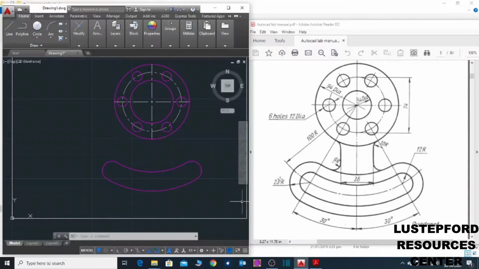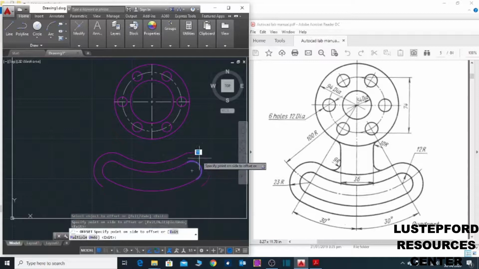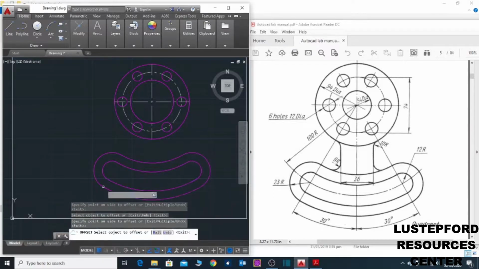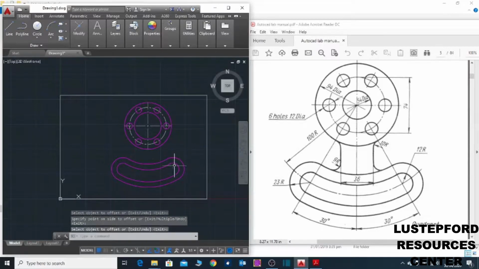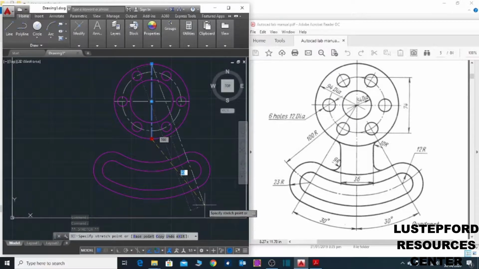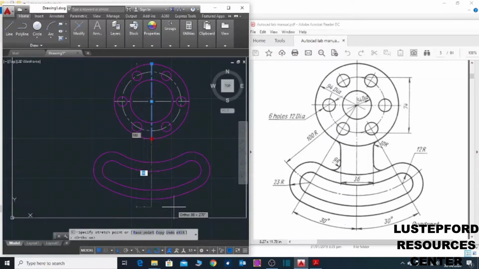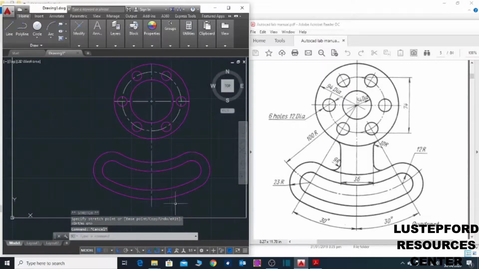offset. AutoCAD has put in the expression minus 12. So select offset. The offset distance is 11. Offset. So I've created that one. What I'll do next is drag this thing down. See, the auto is not on, so I'll click F8 to make it on. So it's on now.